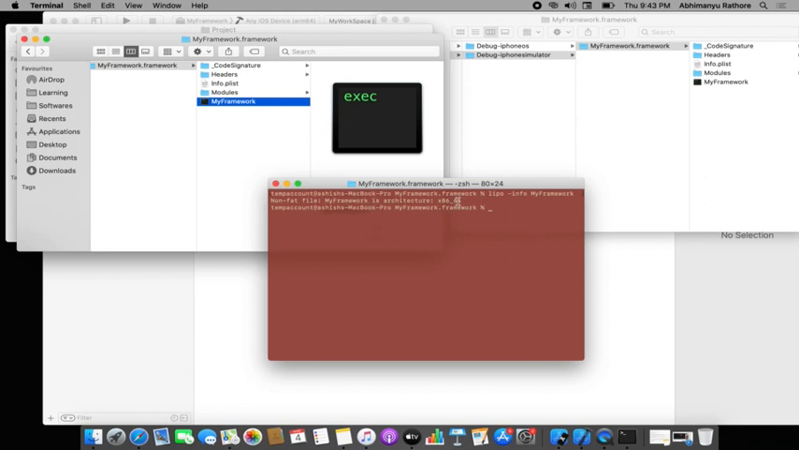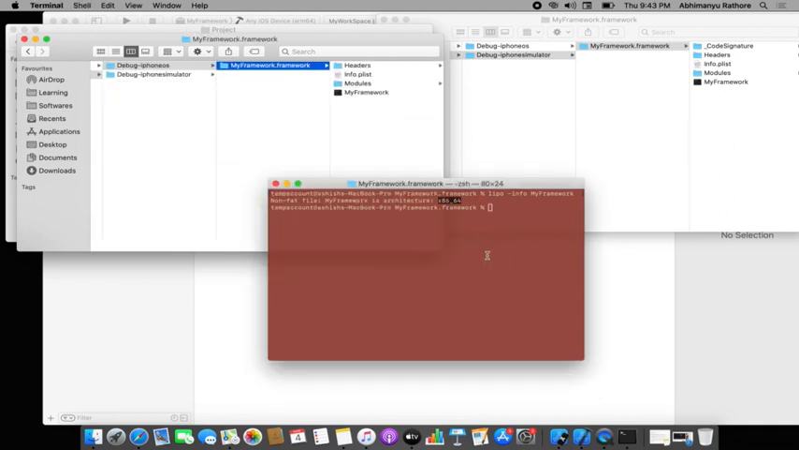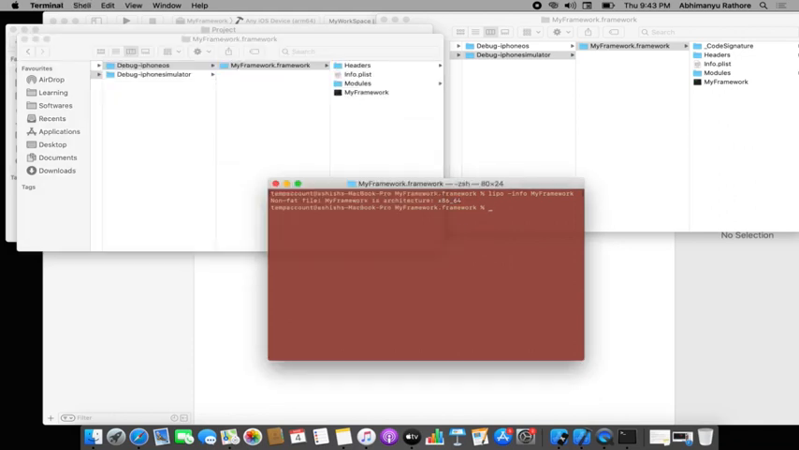My framework's architecture is x86_64. That means it's a non-fat framework holding x86_64, that means simulator. I need to check the same thing for the device as well. So I'll go there, replace the path up to .framework, clear everything, and run this